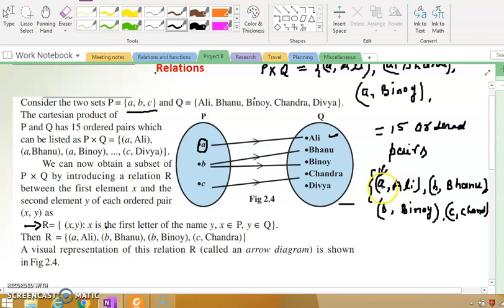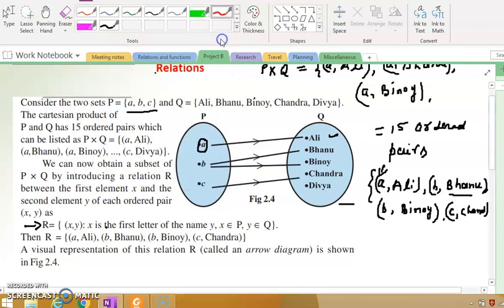You can see that it is starting with this one, the first letter. You can check in the second pair, Bhanu is starting with B, and B is over here. Binoy again B, and Chandra C. Okay, but there is no letter D over here that can associate with Divya. So that's why this is the relation: A Ali, B Bhanu, B Binoy, and C Chandra. Alright. So,